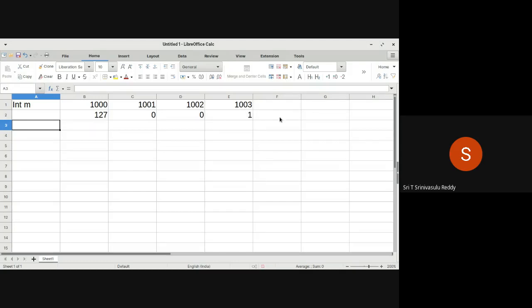This is one mechanism. There is another way in which the same value can be stored, wherein you store 1 here, 0 here, 0 here, and 127 there. You have another machine, another processor, that works in this particular way. Both of them are correct in their own aspect.